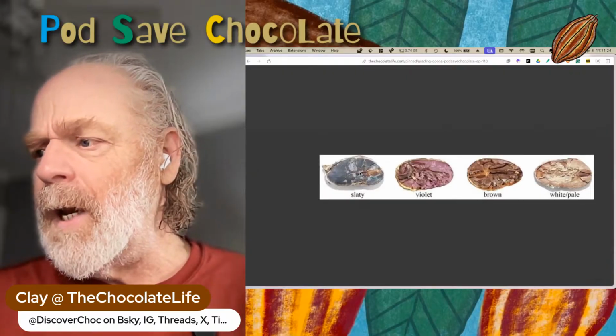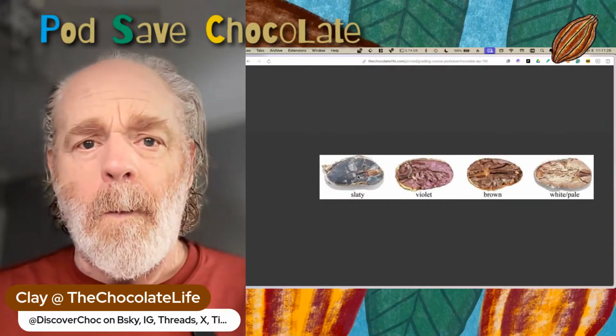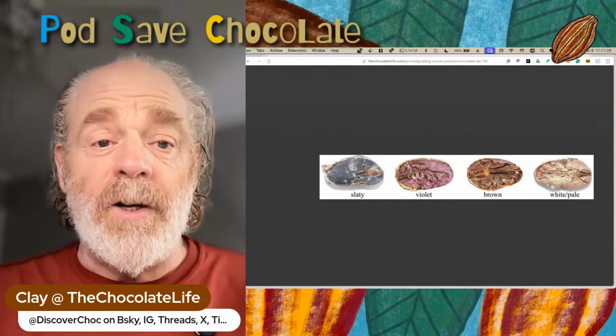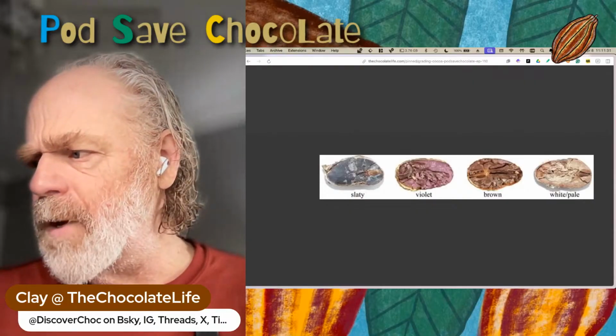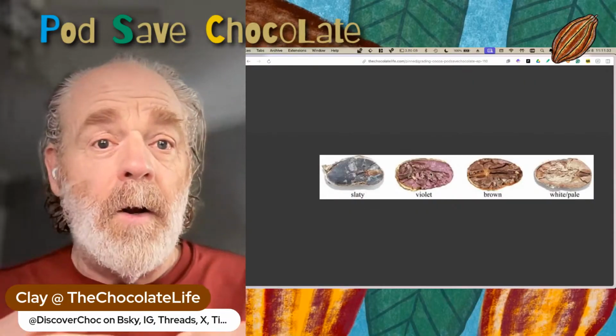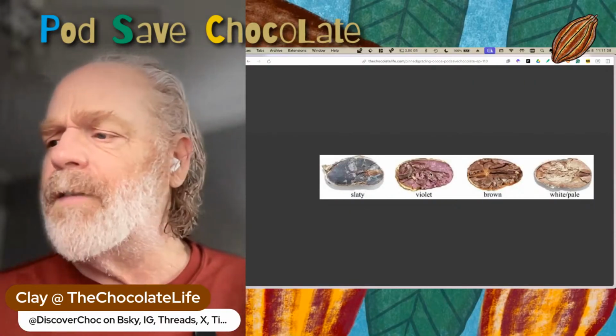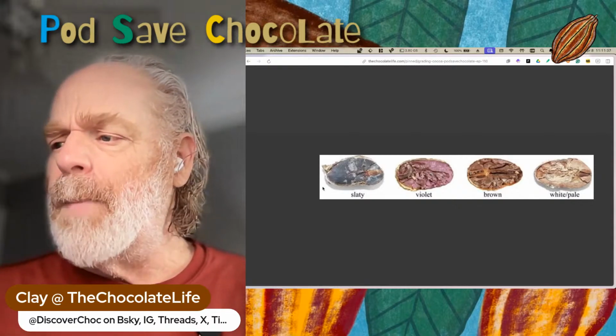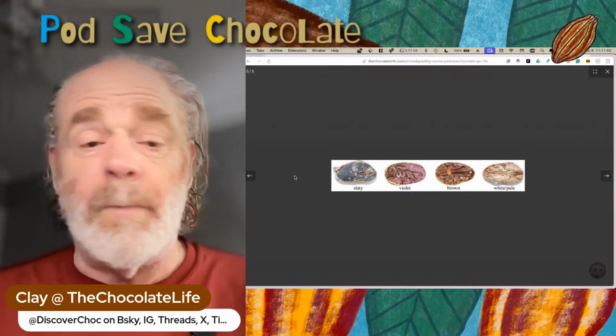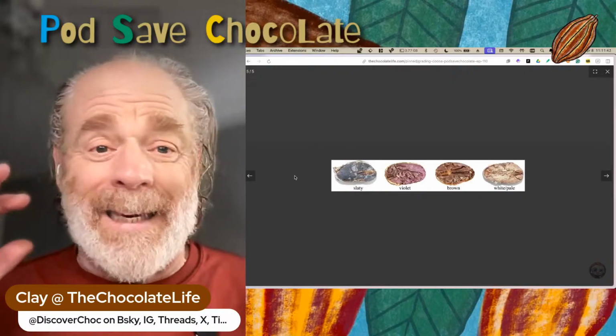So we might have a bean that is a slaty bean. Right? So this means that there is no fissuring. We can see the fissures here. There is no fissuring. A partially fermented bean would show incomplete fissuring. When a bean is slaty, it means there has been zero fermentation, right? And it will